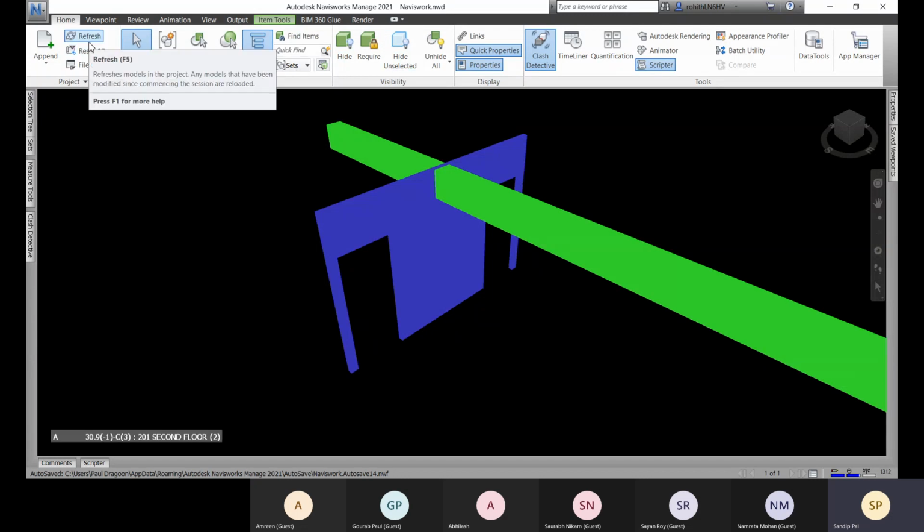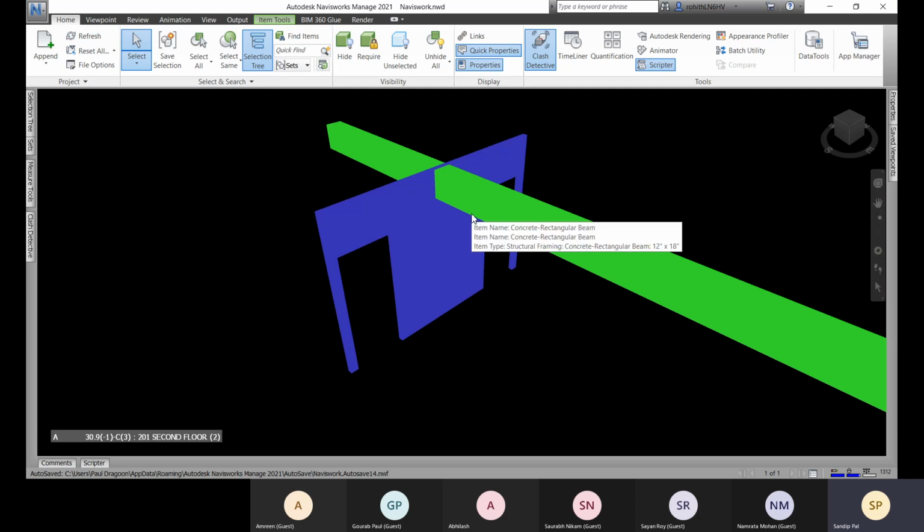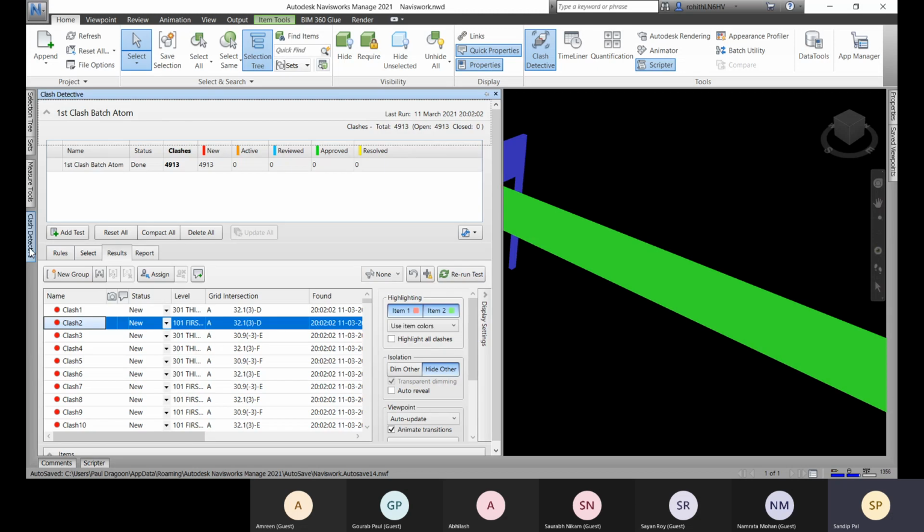I have already covered that. After resolving the classes within your Revit software, or the model where you created it, like SketchUp, you can resolve and save it, and again refresh them, and that will be solved. Then you come to Class Detective and rerun your test, and those will be resolved.